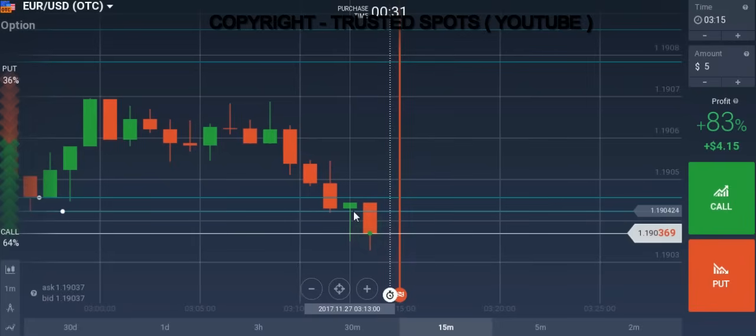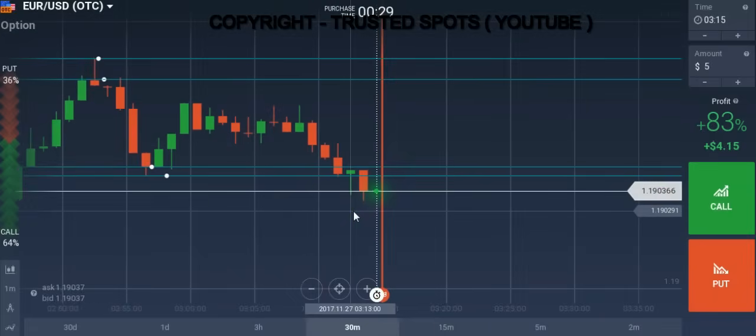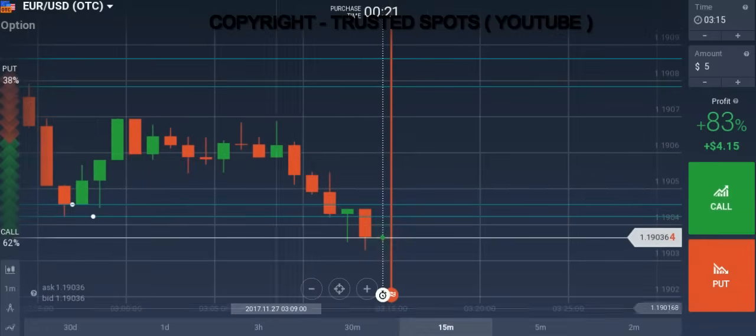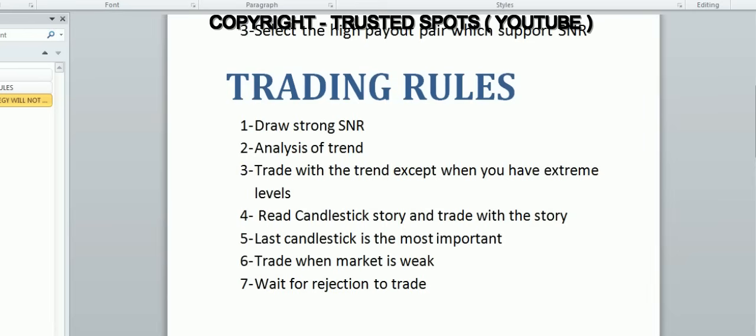So we have to be ready for the market to give us a signal so that we can place a trade. So this is how it works. The story, the support and resistances, the last candle, all these factors together make a complete strategy. If you are using indicators, then you will always be facing lags, because indicators are not going to help you in winning binary trading or in any market, because if the indicators were working, then everybody around the world would be a rich person, as you know.